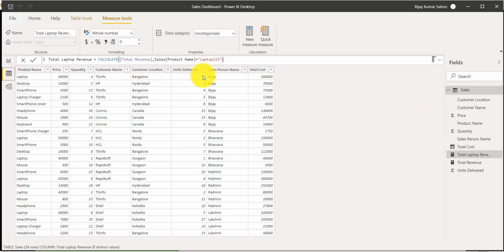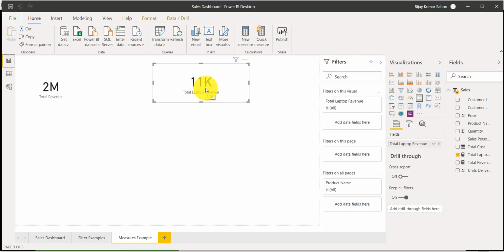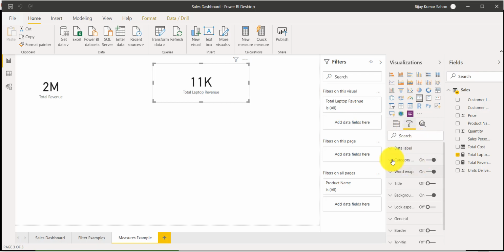Similarly, if you change it to, let's say, keyboard, click enter, and then go here, you can see 11K is the keyboard value, and this is the name of this measure. If you want to format this, you can go here. If you want to have a title, you can turn the title on. So you can add something over here, for example,